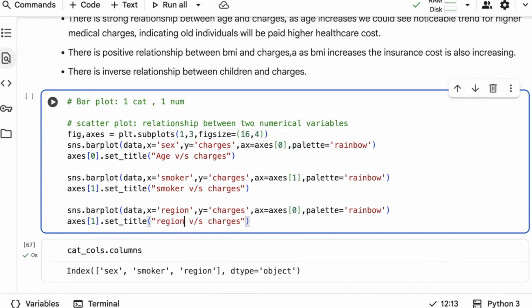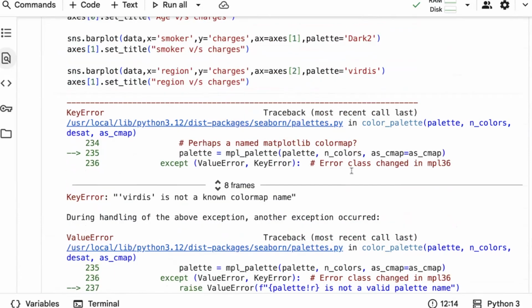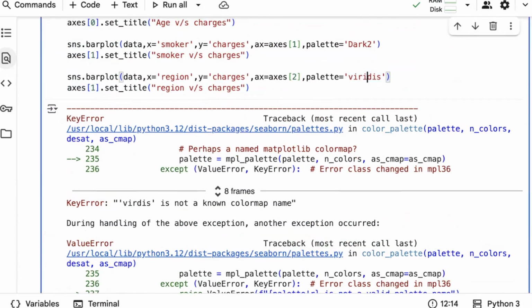You can do this individually, okay? You will get three graphs. Instead of doing it individually, I'm trying to do it in one single code, so it saves my time. You can do it individually and showcase more graphs. Let me run this. This should be 0, 1, 2. If you want, you can give different colors as well, like dark blue. You can explore the different colors. I guess the spelling is wrong.